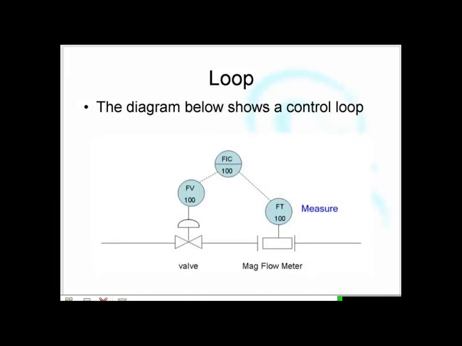Here, returning back to our diagram of a loop. This is a diagram that shows a loop. Now what we're doing here is we're measuring. We go up here and we make a decision based on that measurement. And that decision tells us to make an output. And that valve, of course, changes and alters the process,